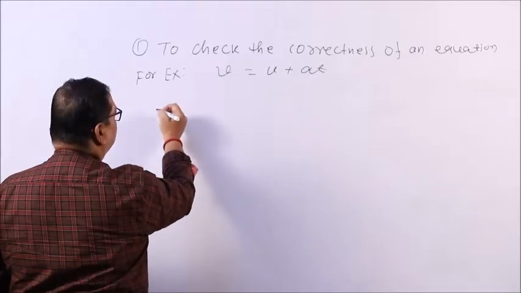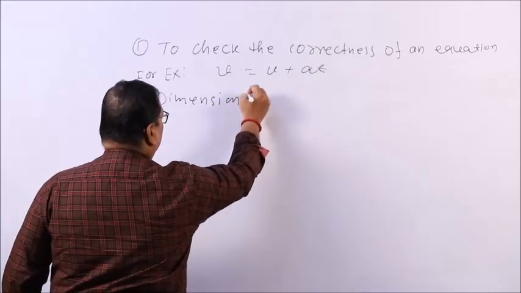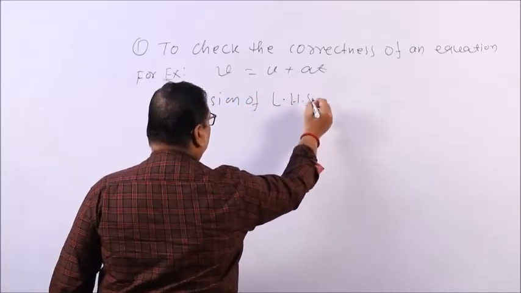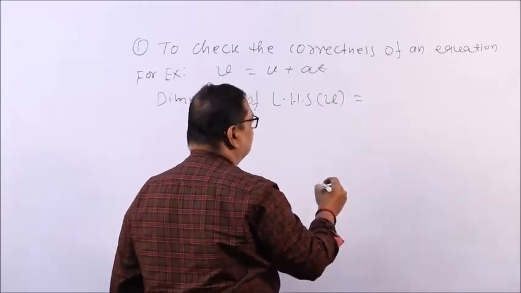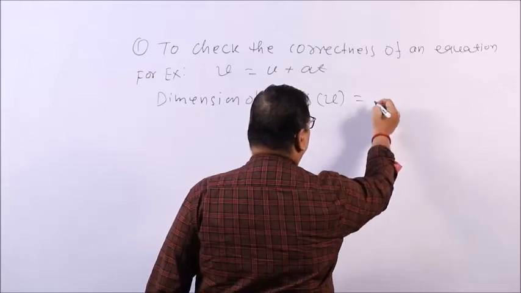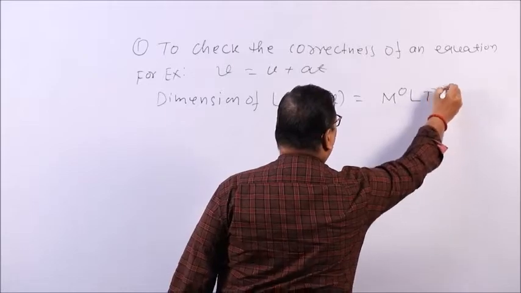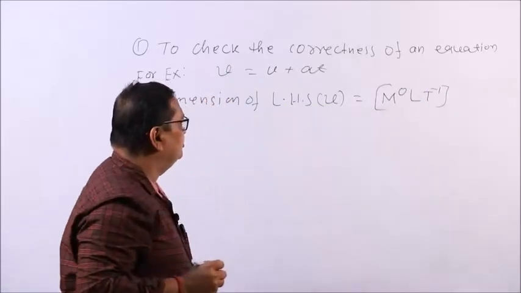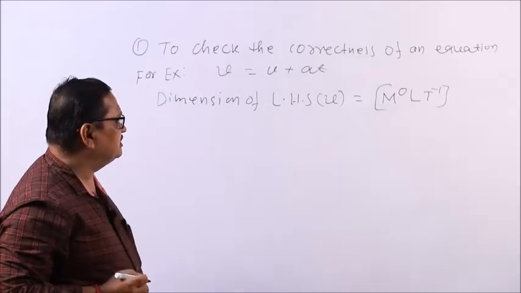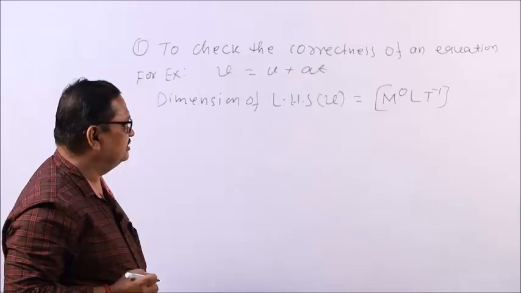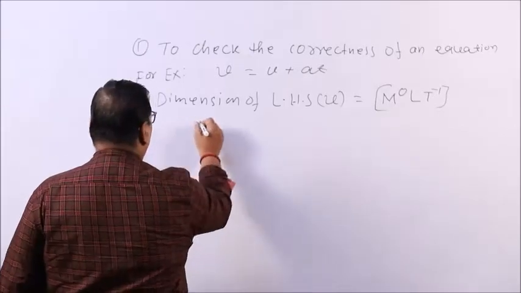First, we have to find the dimension of the LHS. That is V, velocity. I have already discussed in the previous class that the dimension of velocity is M0 L1 T minus 1, because velocity is the rate of change of displacement with time. Displacement belongs to length and t belongs to time. Now, the dimension of